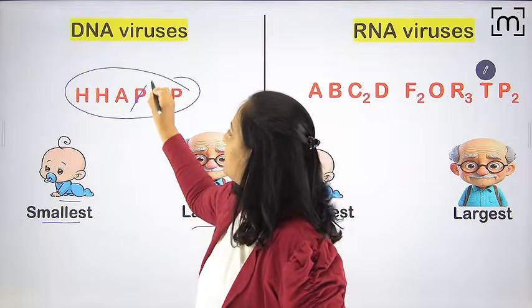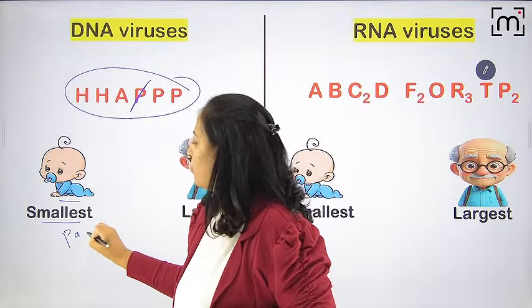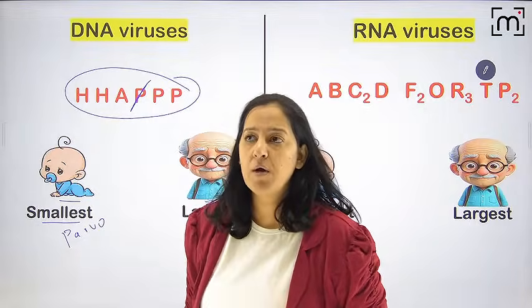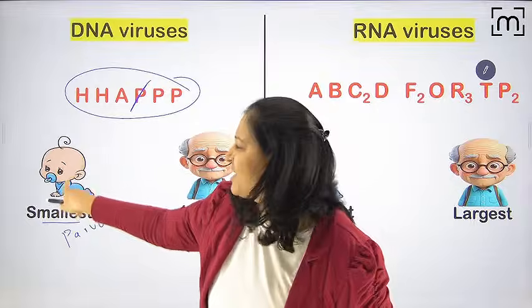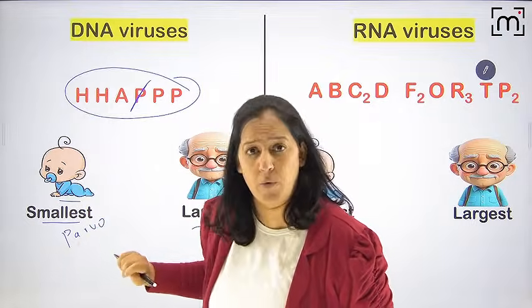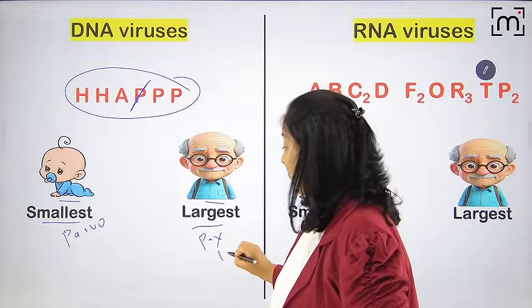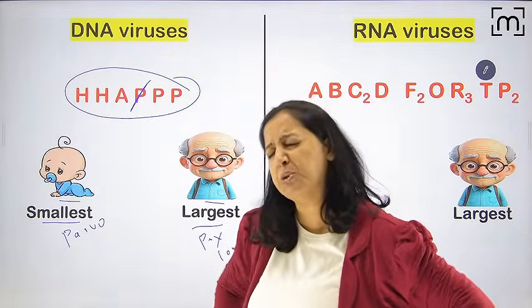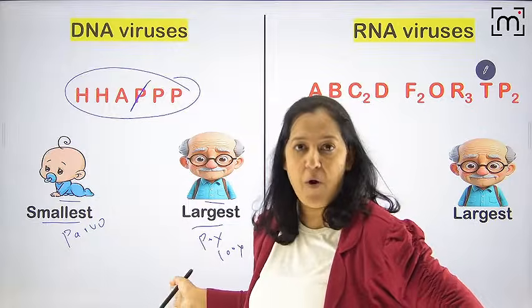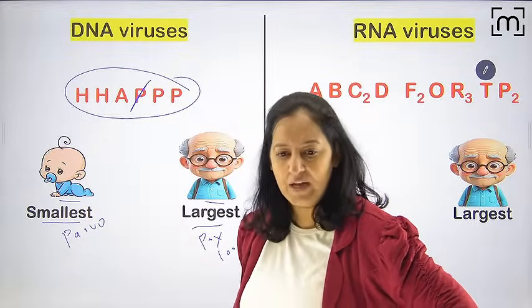Who's the newborn here? The newborn here is one of the P's: Parvo. Learn Parvo as a little girl born today. Maybe a boy, maybe a girl, I don't know. Parvo is a very cute, small newborn. And who's the grandfather? The grandfather is Mr. Pox. He's more than 100 years old, the most senior citizen of the city. Learn like a story, and you will not forget.